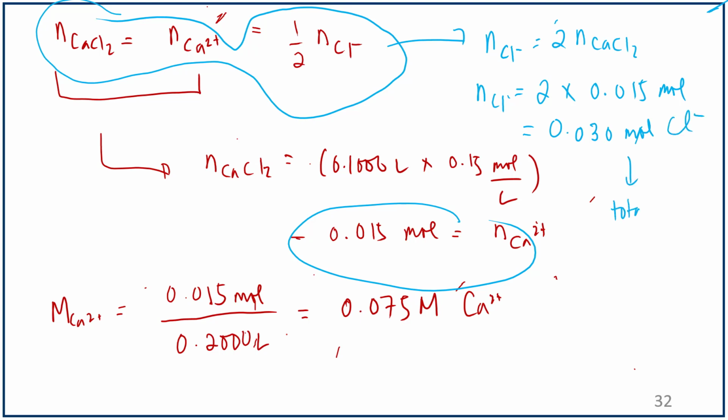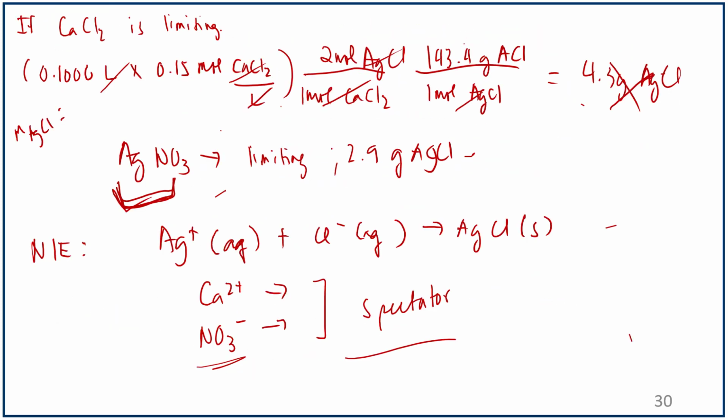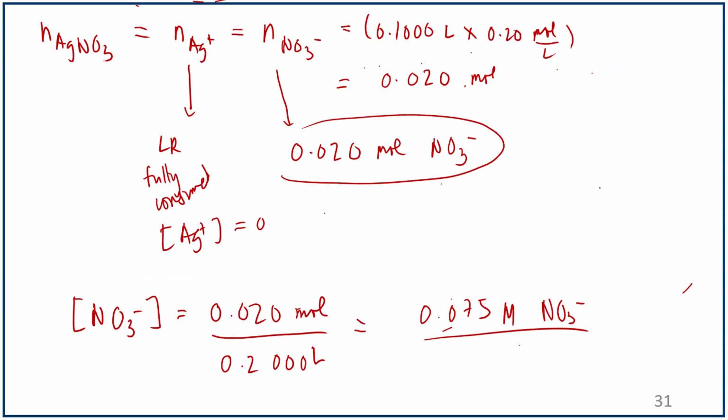Now these are the number of moles of chloride in total, reacted and unreacted. And in the problem, what we actually want to determine is the concentration of chloride that is left after the reaction has proceeded. For that we have to turn our attention again to the net ionic equation. But let's write that down on another slide. So the net ionic equation again is silver plus aqueous plus chloride minus aqueous going to